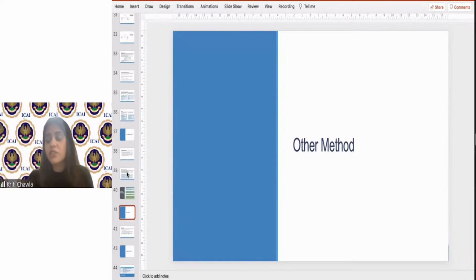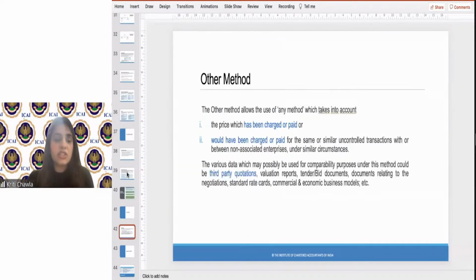Generally, there are 5 methods in transfer pricing. So India has introduced a sixth method, which is also called other method. Now, a lot of times, other method basically means that, if you want to substantiate, this is very similar to CUP, but still very, very different. So other method says that,